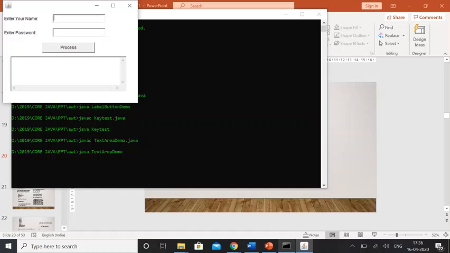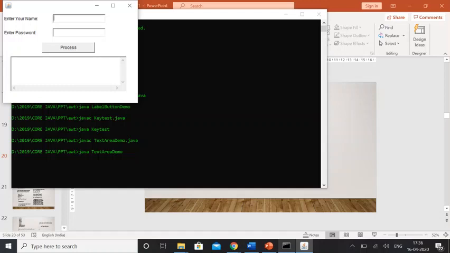Okay, and then from the main method, the other two methods we'll also have to write: public void keyPressed(KeyEvent ke) with open and close curly braces, and public void keyReleased(KeyEvent ke) with open and close curly braces. Okay, so that is all about the key event. In fact, that key event program you can convert with the adapter class also. In my previous video I have explained how to use adapter classes, so you can go through it and convert this key event program into the KeyAdapter class.